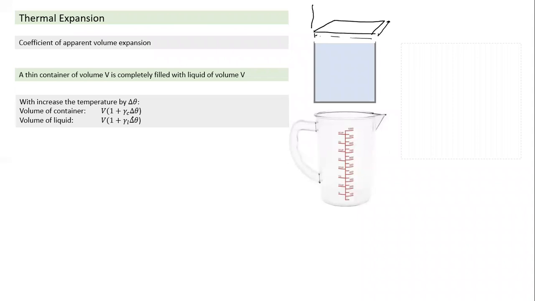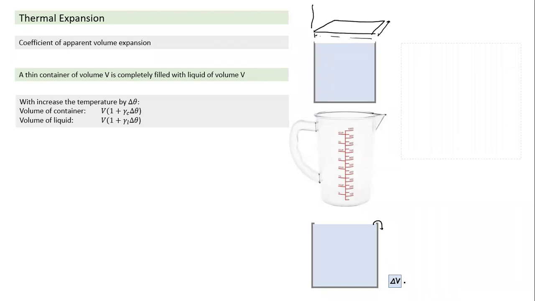So the volume of the container will become this, where gamma C is the coefficient of volumetric expansion of the container material. And the liquid will also expand, and for that it is gamma L. Both will have different values. If these two values of gamma are unequal, they will have unequal volumetric expansion. So let's assume that when you heat it up, we find some of the liquid has overflowed, and this is the volume which is collected outside. When the liquid overflows, it appears as if whatever liquid has overflowed is the increase in volume. That's the apparent increase in volume, the volume which has overflowed.